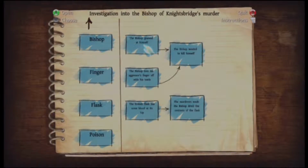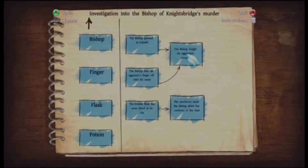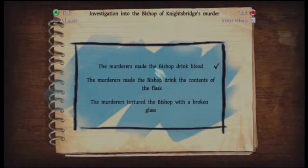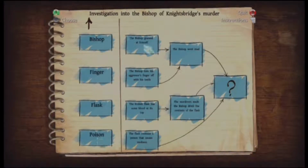Okay, so perfect. Let's actually fix these. Okay, so the bishop wanted to kill himself. The bishop fought his aggressors. Well, he went mad too. Yeah. They made him drink the contents of the flask, and the poison